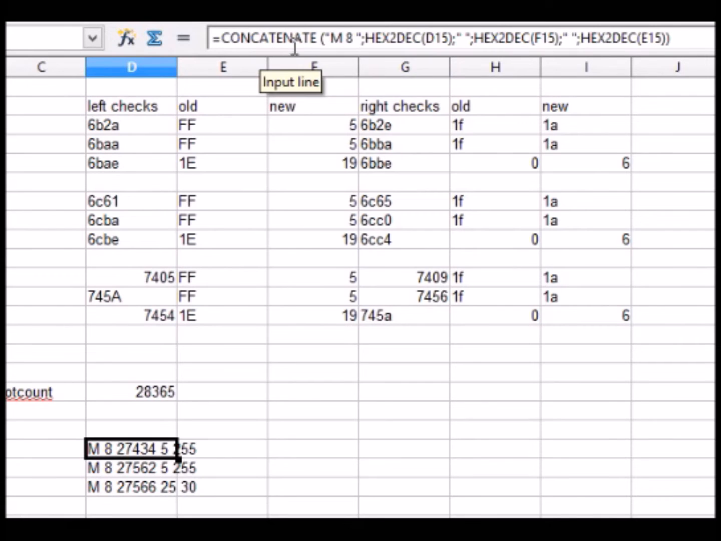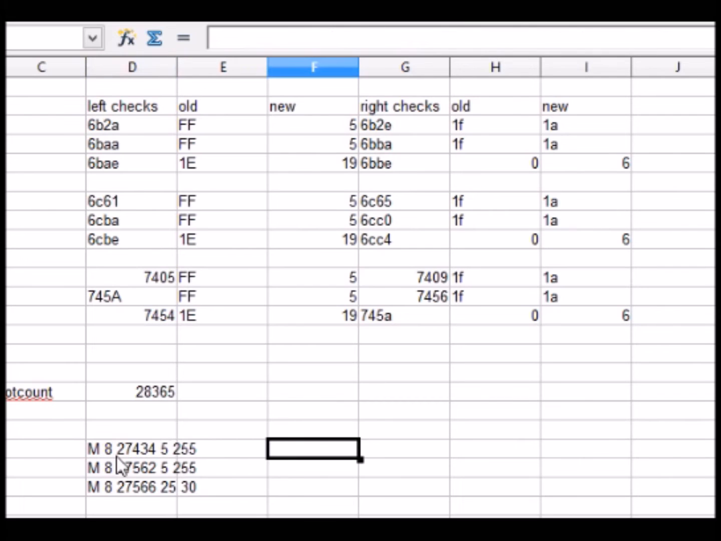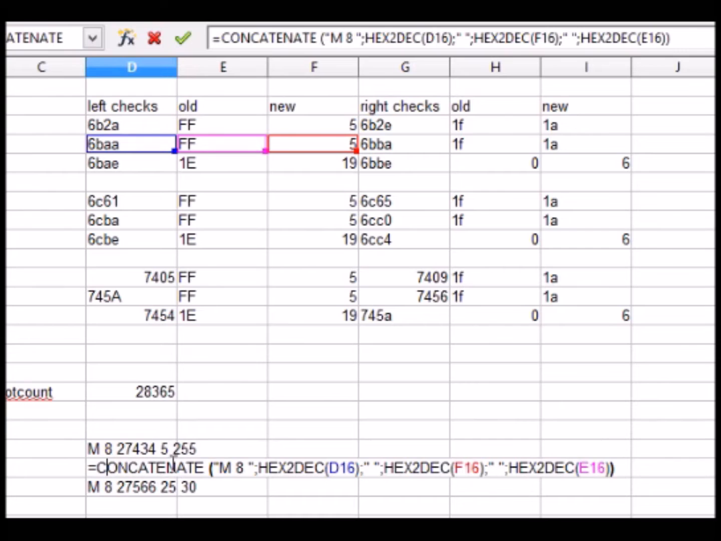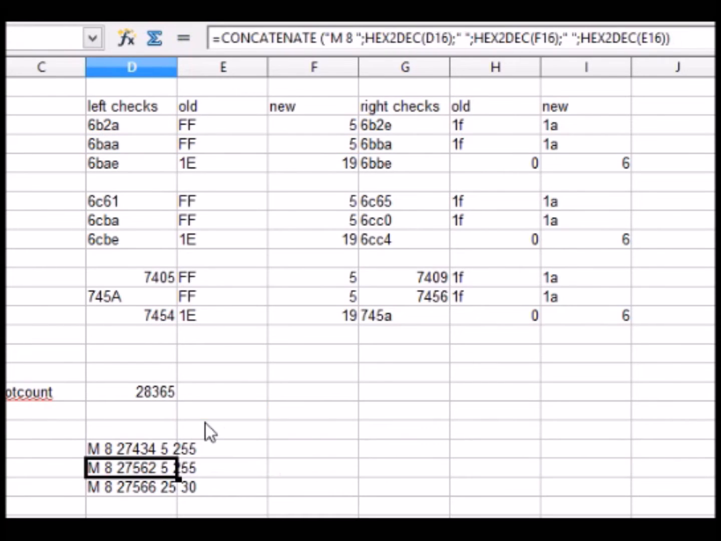So concatenate m space 8 with a hexadecimal conversion for this address here, D15, and then a space followed by this one, which is the new one, and a space followed by the old one there, and that creates this entry M827434555. I create a list of these. As you can see, there's another one there. Just cancel that,